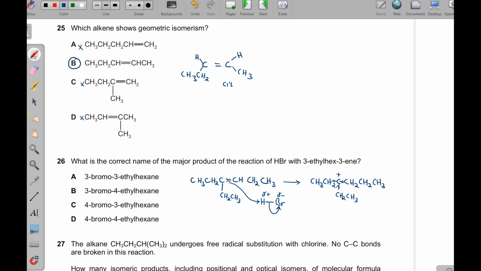There is a greater positive inductive effect here, okay, than when we have the hydrogen here, okay, then the plus here. That means we have one alkyl group here, okay, and then this one here. That means that is a secondary carbocation. So the positive inductive effect here is not strong compared to the tertiary, okay, compared to the one that comes